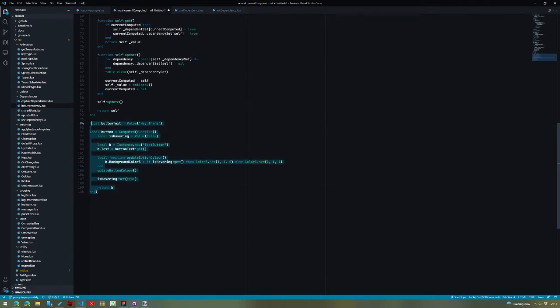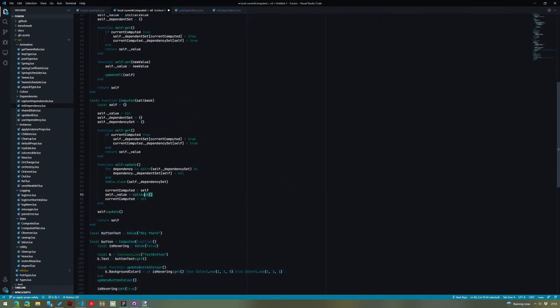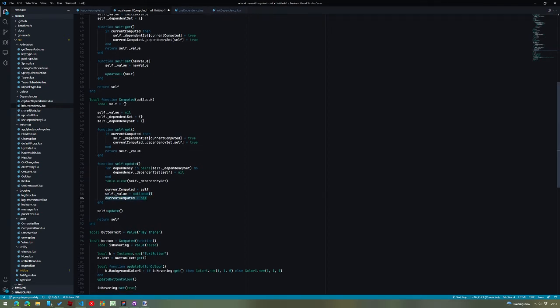So that's an interesting little tangent. I mean, of course, I'll take a second to talk about error handling as well. If callback errors here, well, we're never going to reach this line of code where we set current computed equals nil. And so you actually do have to run this in a pcall. So callback,